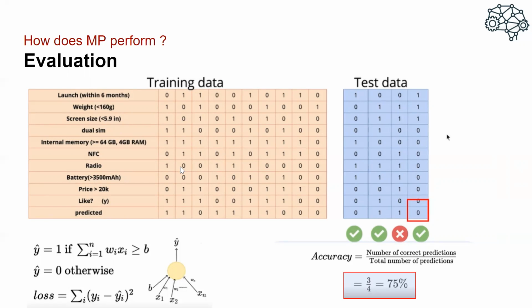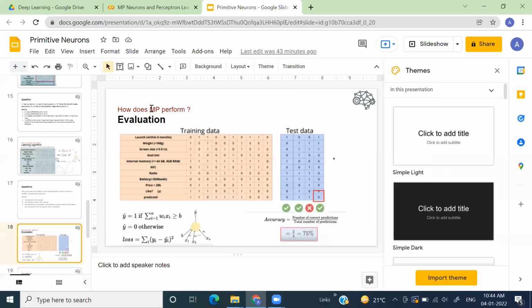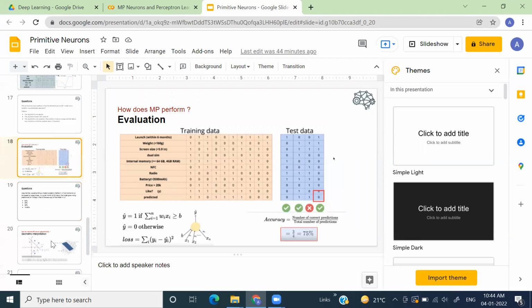So we learned about the hypothesis or the function of the model. We learned about how to train it. We learned about how to check its performance. In the next class, we will see the geometric interpretation of